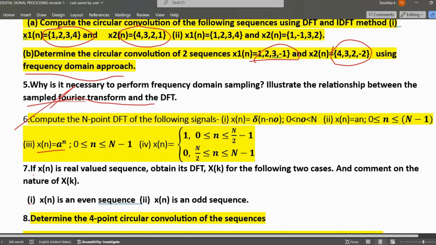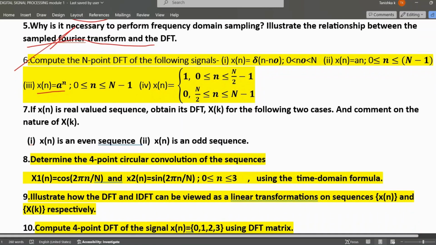If x of n is a real valued sequence, obtain its DFT x of k for the following two cases and comment on the nature of x of k. First, x of n is an even sequence, and next, x of n is an odd sequence. So in this, you have to comment on the nature of x of k. Next,